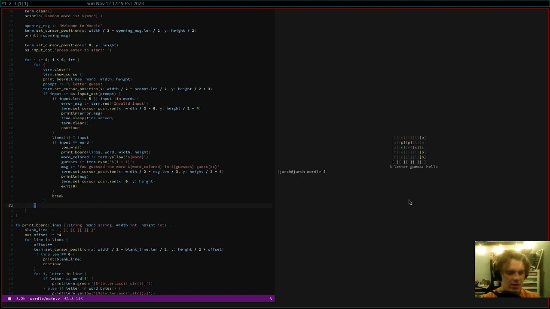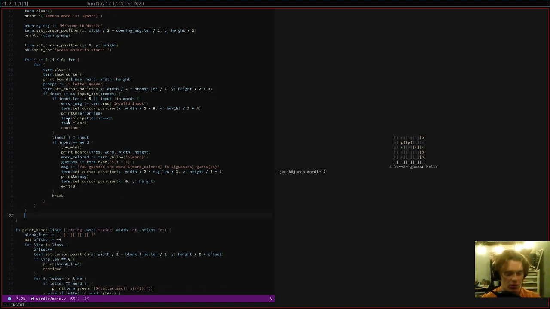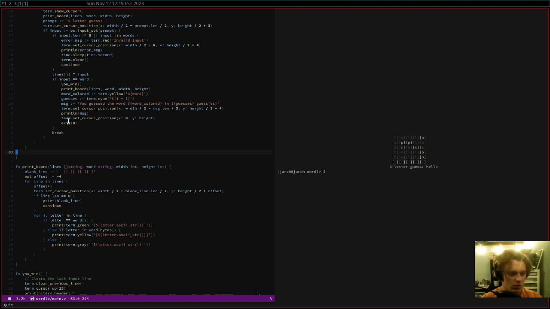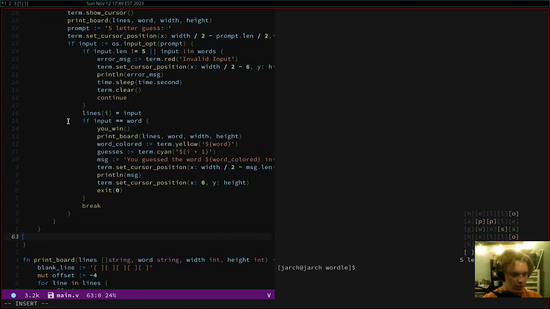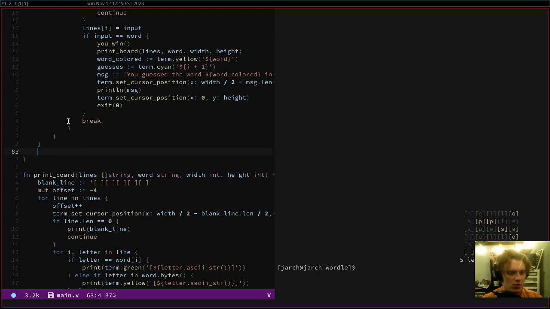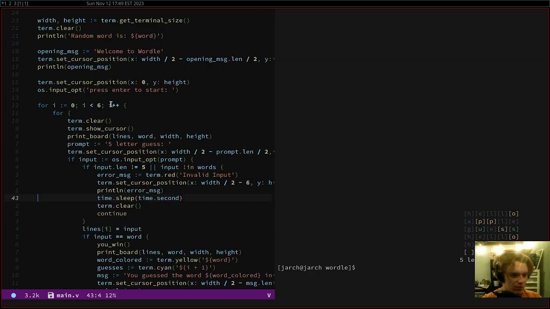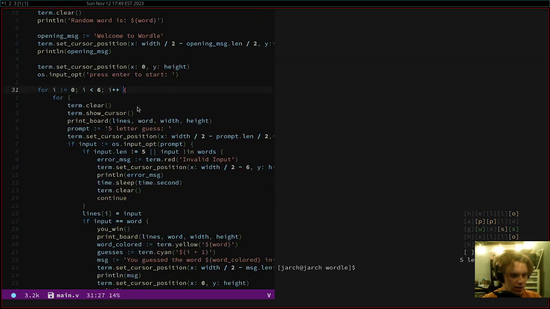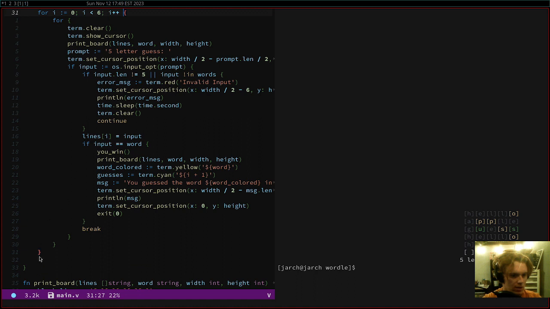The last thing we need to take care of is if they get to the end and they don't actually guess all the things. So we'll come back in here and we'll make this big again. All right. So if we're down here, I know it's hard to see with a big font, but I'll highlight that. Can we see? Yep. Highlighting that bracket there. So this means we're on the outside now. And we want to do term.clear previous